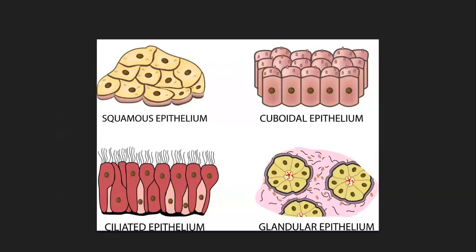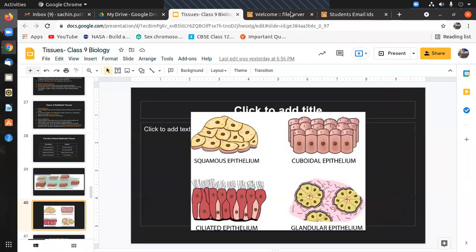Okay, so I guess that's it. These are just other diagrams that I found which are relatively simpler. So this is squamous epithelium, this is cuboidal epithelium, ciliated epithelium, again ciliated columnar epithelium, and this is the glandular epithelium. Now imagine these cuboidal cells forming a circle shape. And this is the innermost cavity, which is kind of secretive in nature. So that is the glandular epithelium. So these are the various types of epithelial tissue.